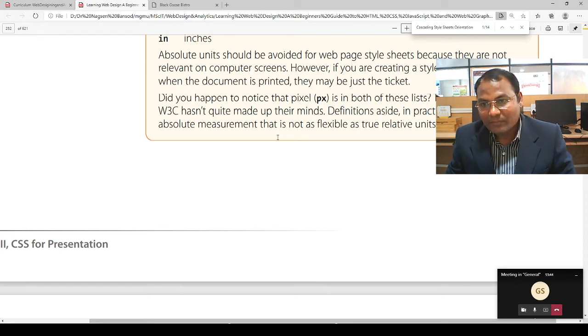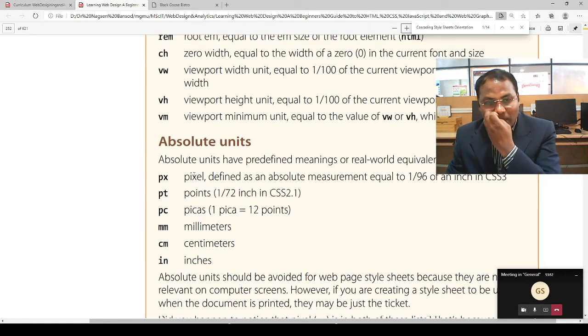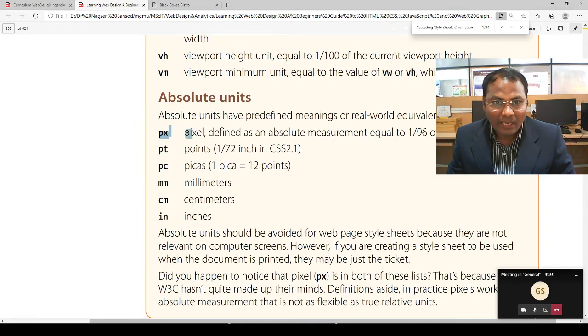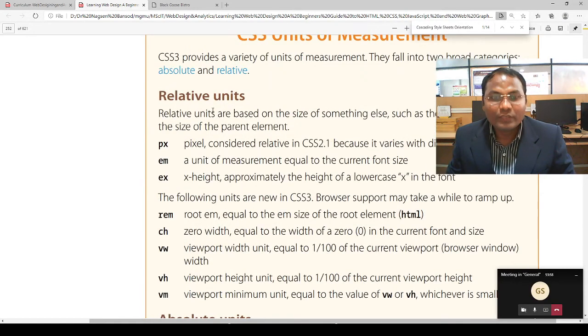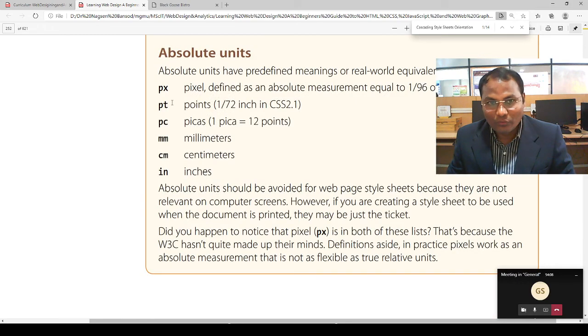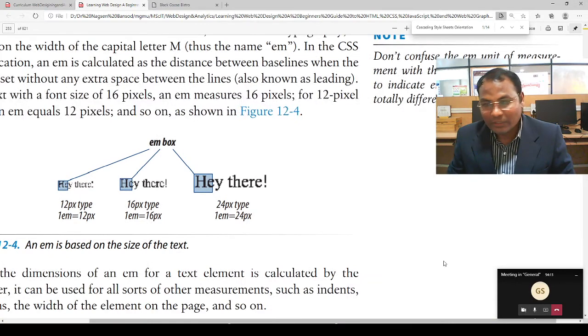Definition aside, in practice pixel works as an absolute measurement that is not as flexible as true relative units. So PX is in both cases, absolute as well as relative unit, but according to W3Schools, it should be an absolute value. Pixel is absolute, we have to give the absolute value there.